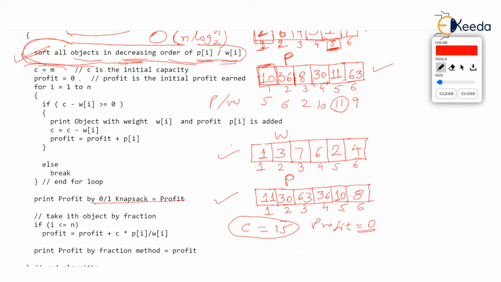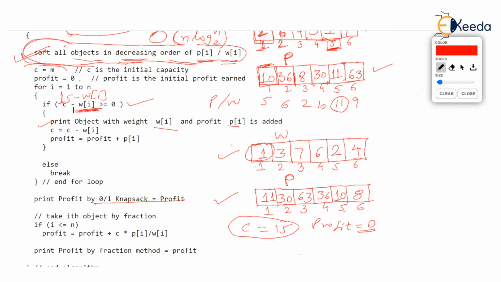So 15 minus W1, first time we are going to check, and W1 is 1. The weight of the first object is 1. So this quantity 15 minus 1 is 14, which is greater than 0. This is true, isn't it? That means by adding the first object, the knapsack will not break, isn't it? So hence we proceed adding that object, we print the weight and profit of that object, and also